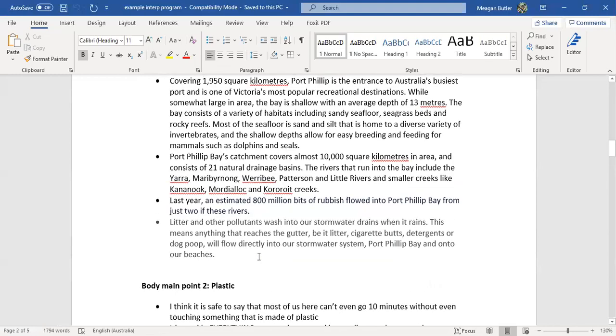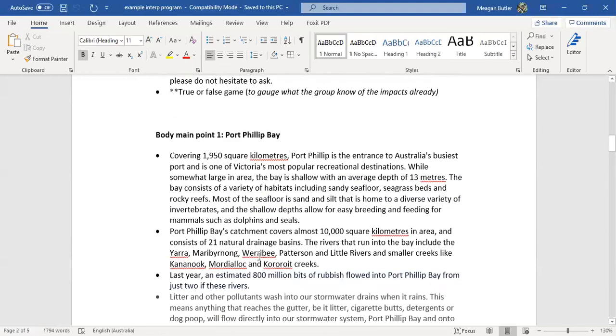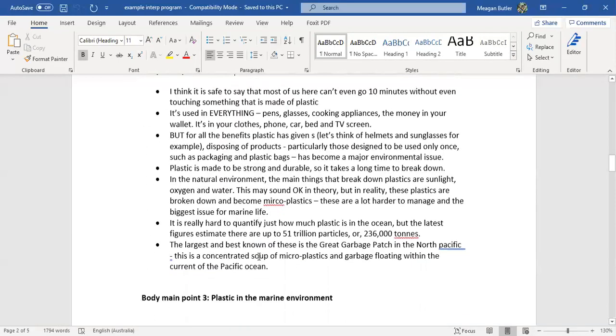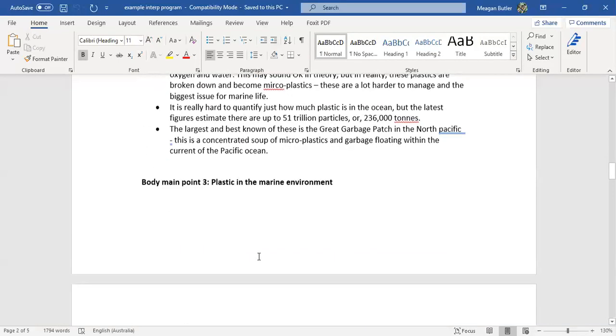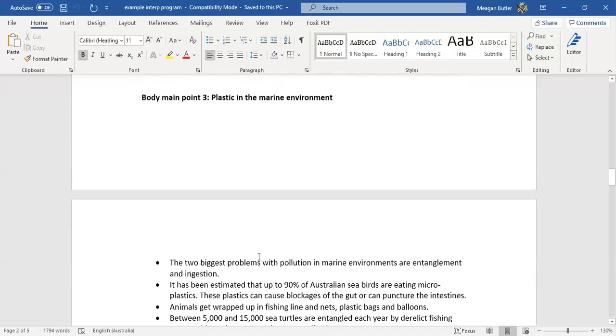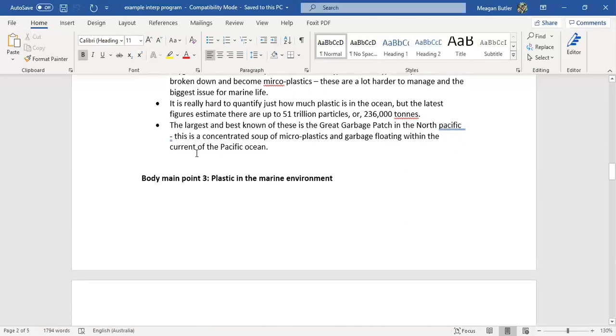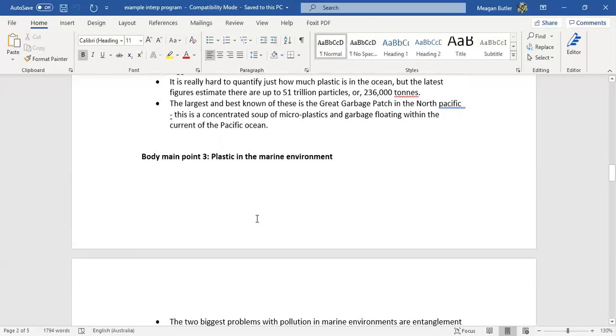So this big area of Port Phillip Bay, then moving into this big issue of plastic, and then the last statement here is linking plastic to marine environments, the Great Pacific Garbage Patch, which then leads into the third point, which is linking those two together, plastic in the marine environment.